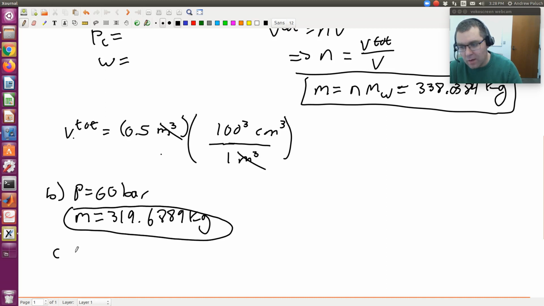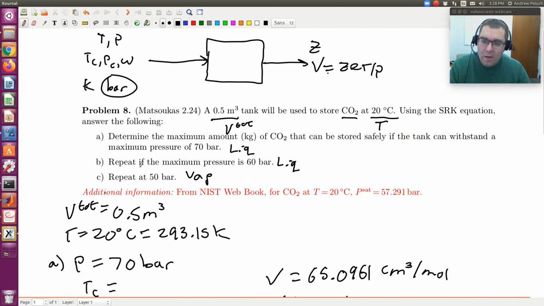Okay, now C is going to be different because in C, our pressure is 50 bars. And as we said, at 50 bars, we now have a vapor, because my pressure is less than Psat at the same T. So in the first two, I have a liquid, but now I have a vapor. Notice in A, I just had 1 real root. In B, I'm getting closer to saturation, so I had 3. So even though I'm a liquid, I got 3 real roots because I'm getting pretty close to